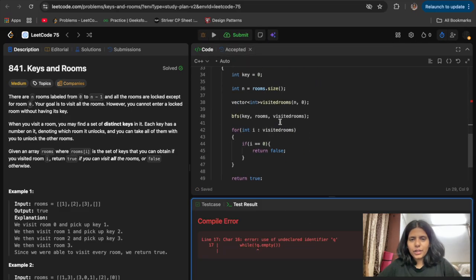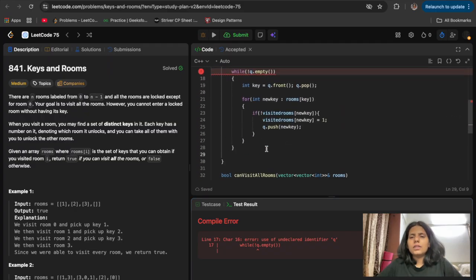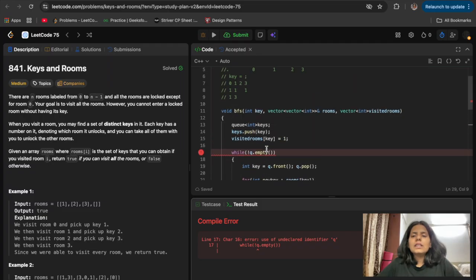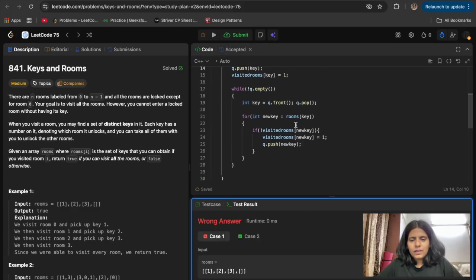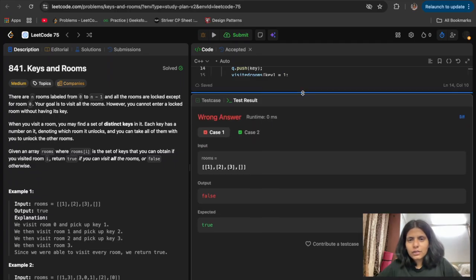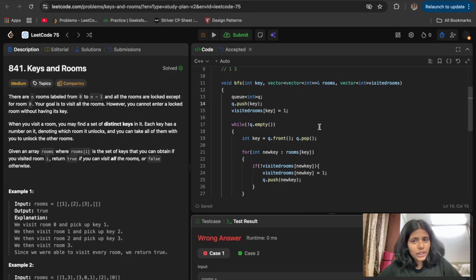Then I'll submit it and we'll see what it says, queue.empty(). It's saying false for this one. Why? Because we push the key, mark the visited room as 1, while the queue isn't empty we take that key with queue.front() and queue.pop(), and then take a new key from rooms[key].